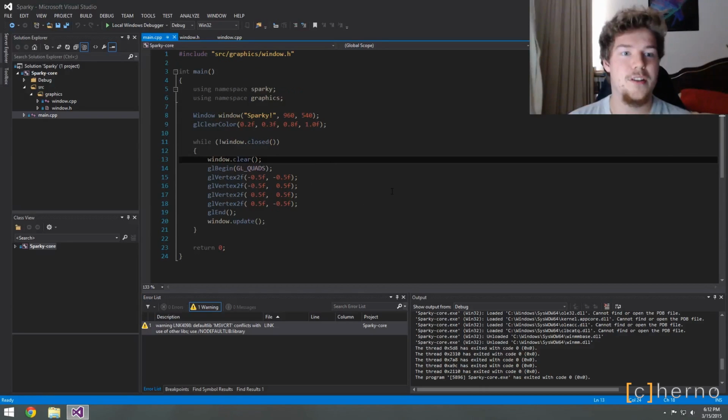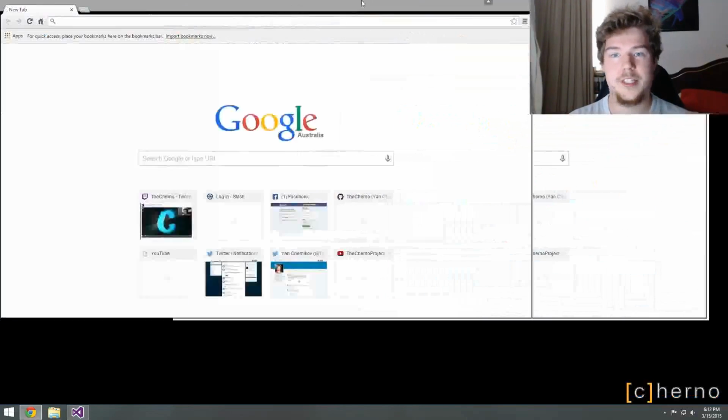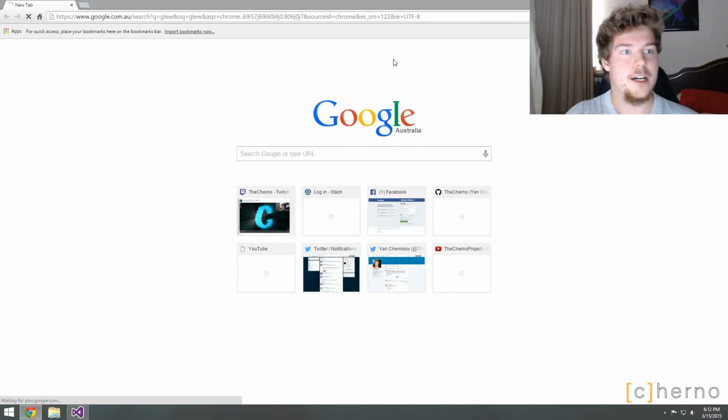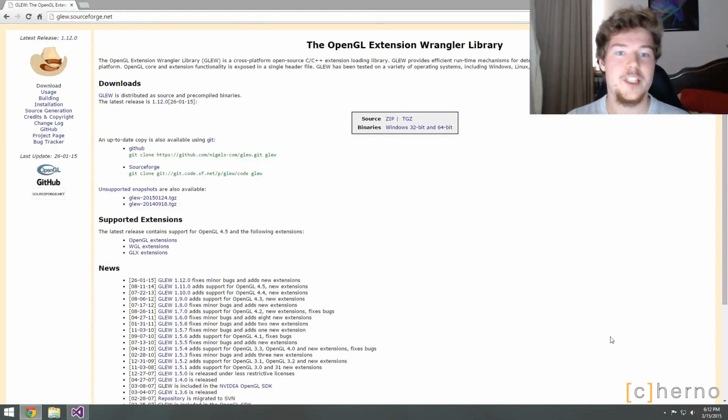This episode, we're going to be loading GLEW. So GLEW, or OpenGL Extension Wrangler. In fact, I can just Google this because I'm going to have to download it anyway. Over here. It's over here, right? This is essentially needed for loading extensions. So the idea is